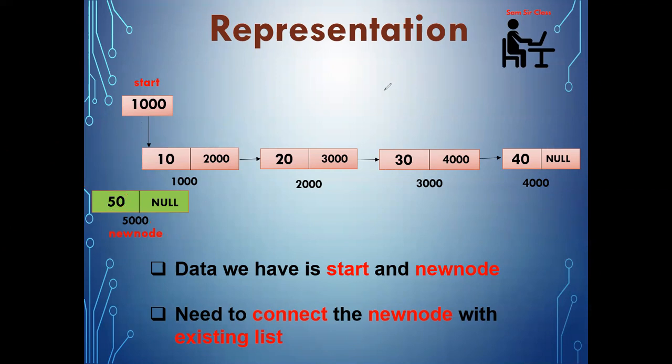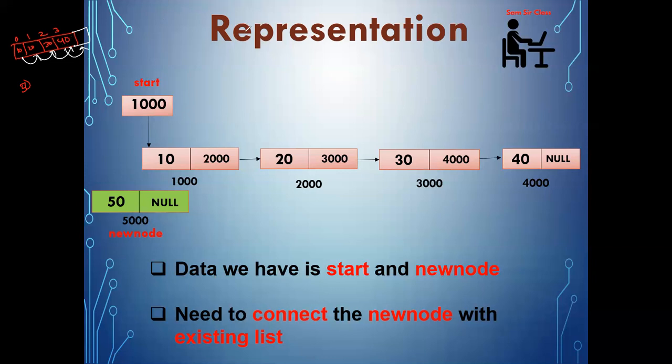Clear? Now, if this were an array operation, meaning there are values already in the array, suppose 10, 20, 30, and 40, and I need to insert 50 at index number 0. Okay. So what are the operations I have to do? First of all, I have to add one more block here. Then I have to shift all the elements one position to the right till the first position.